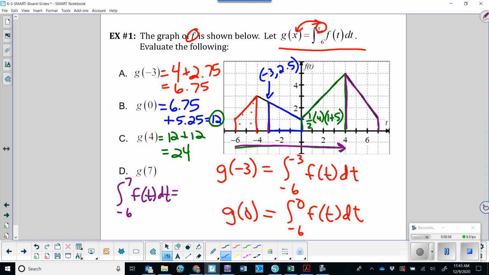So I have a trapezoid, so I have 1/2 of height, which is 3, times base 1 plus base 2, which is 4, plus 1 again. So I'm going to have 15 halves, or 7.5, and I have to add that to,